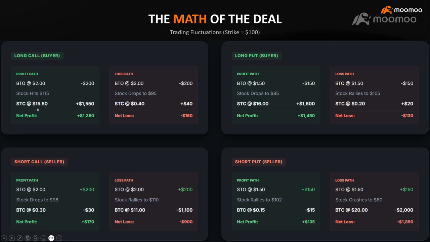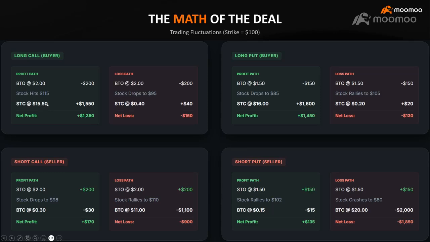The premium price increases, right? It increases because there's a lot of intrinsic value in the components already. Then the extrinsic value will get less and less, but there's still slight extrinsic value, assuming there's still some time to expiration. So the price went from $2 up to $15.50.